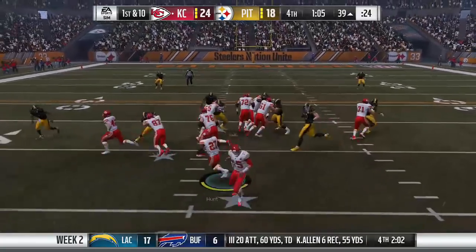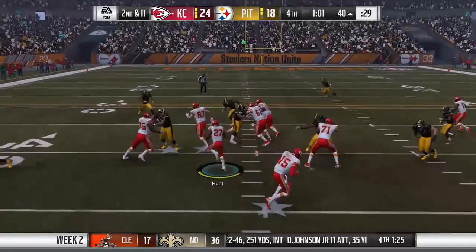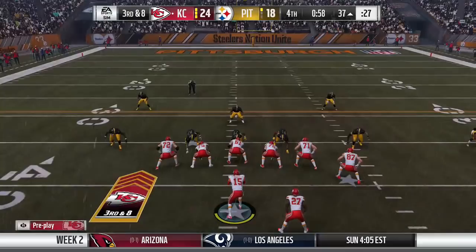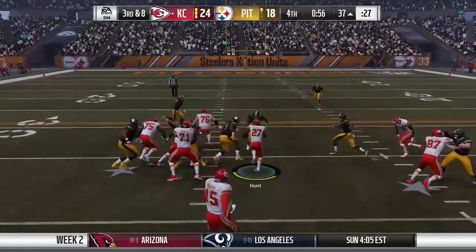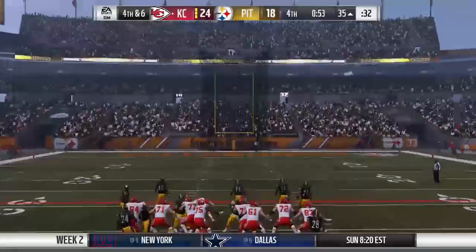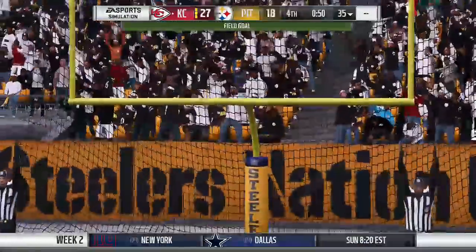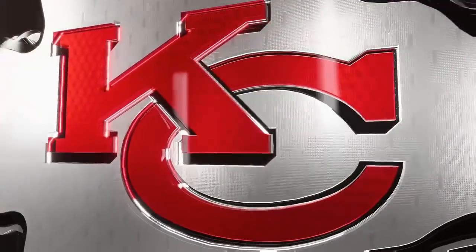Steelers still with 3 timeouts, and the Chiefs choose to run the ball all 3 downs, only picking up 4 yards, but forcing the Steelers to use all 3. And then on 4th down, Andy Reid sends out Harrison Butker for the 52-yarder to put the game away, and he absolutely buries it into the net to put the Chiefs up 9 and solidify the Chiefs' first win in